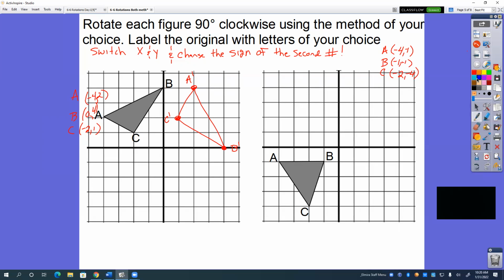So A prime would be -1, +4. B prime would be -1, +1. And C prime would be -4, +2. So -1, +4 is A prime, -1, +1 is B prime, and -4, +2 is C prime. So as you can see, both methods still do work, but again, if you can memorize